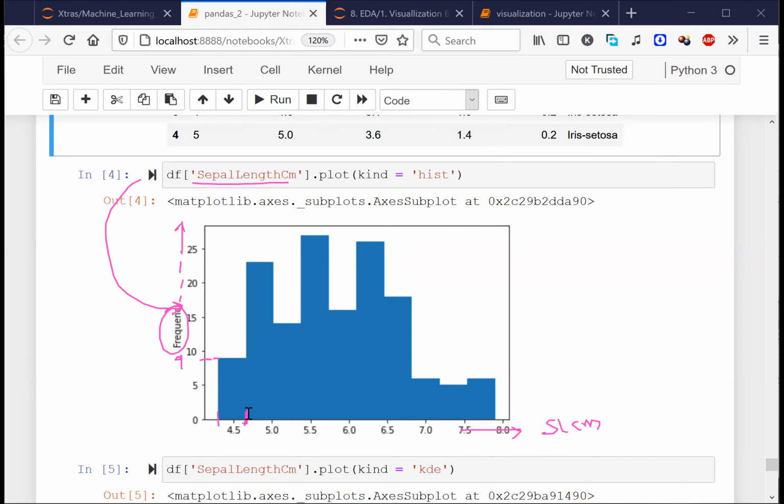What I mean by this is there are around 9 flowers which have a sepal length between 4 to 5 centimeters. Sorry, 4 to this many centimeters, whatever it is. So if I talk about this part, starting from here till here, this much height, this much sepal length, this column. Similarly, all the other columns. For example, let me again take an example. Maybe let me say I have,